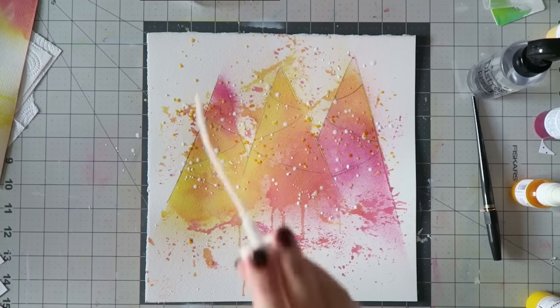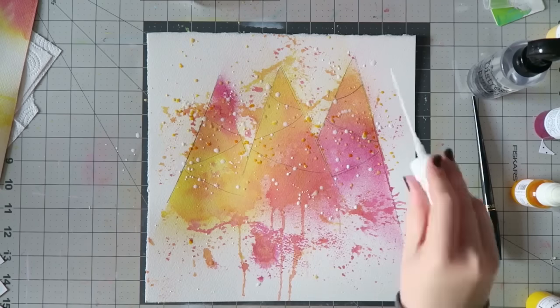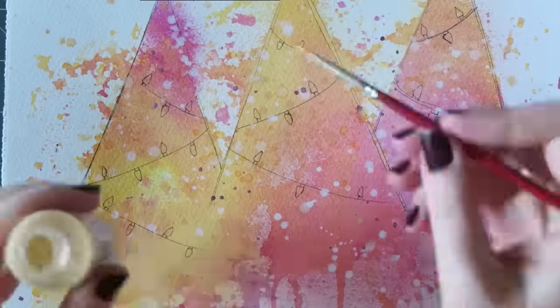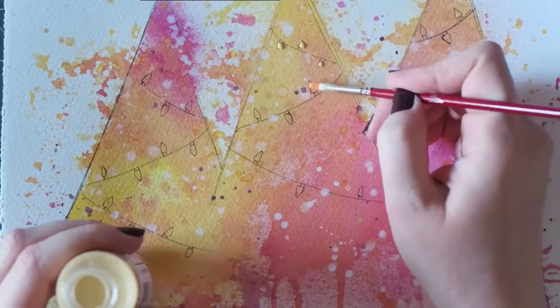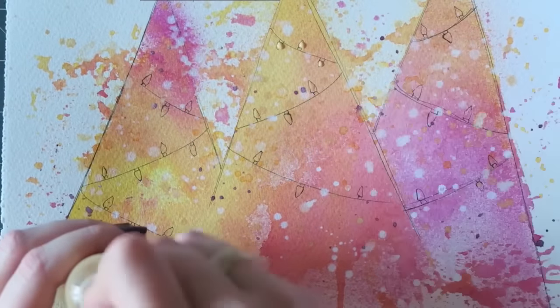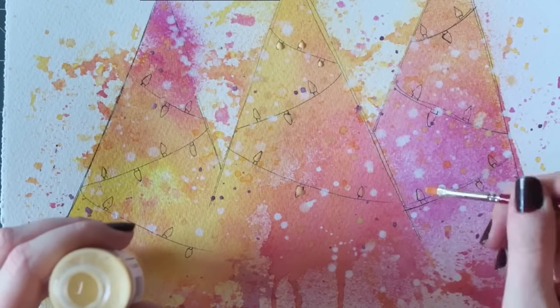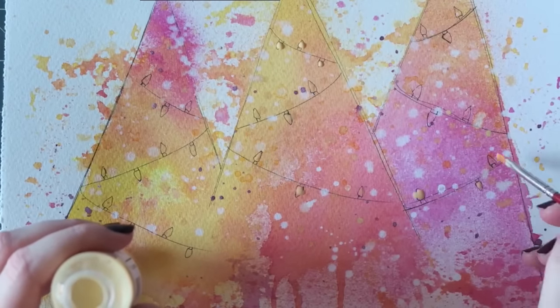Yeah, this was so much fun to make. You can see I'm not being delicate, and yes, it goes all over the place, so you want to protect your surface. And now I'm just showing you a bit of a close-up. I am using the Eggnogging spray again just to add a little bit more gold into these little lights that